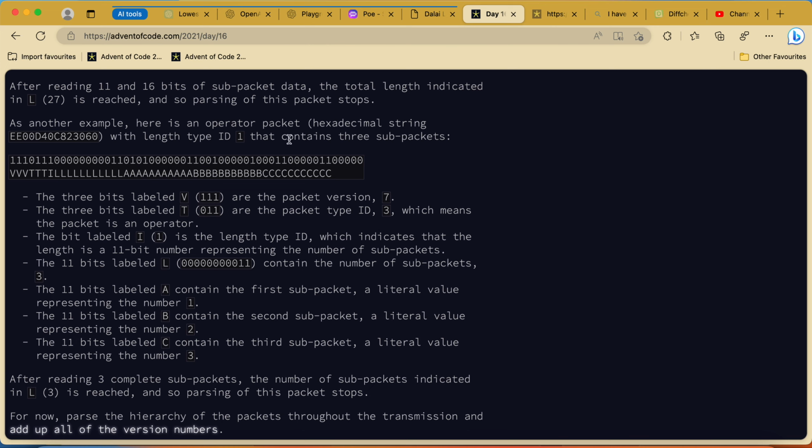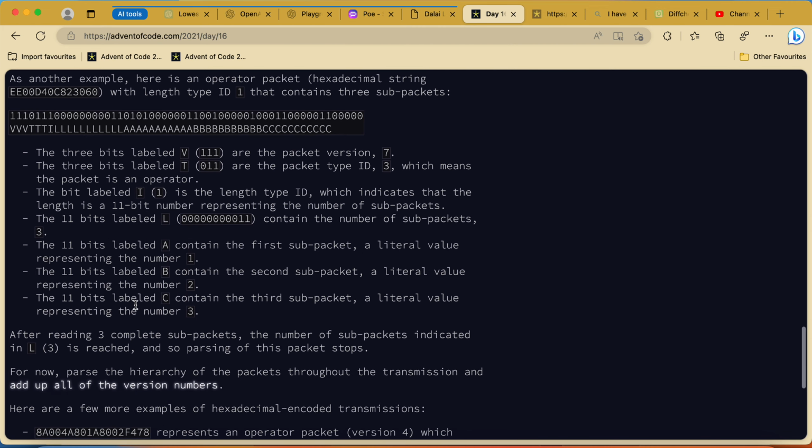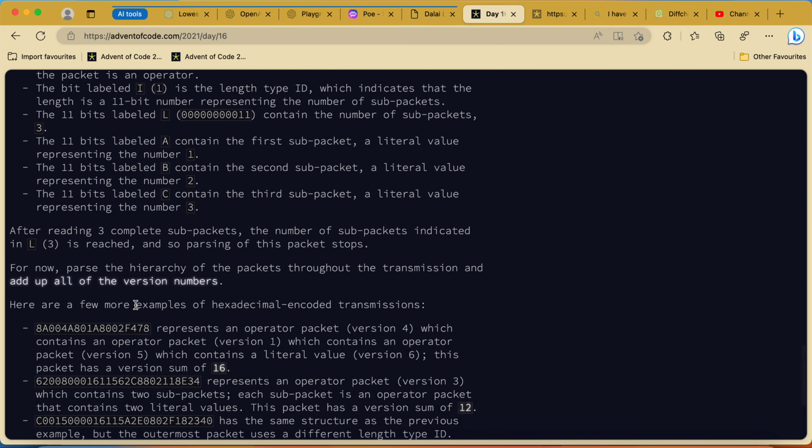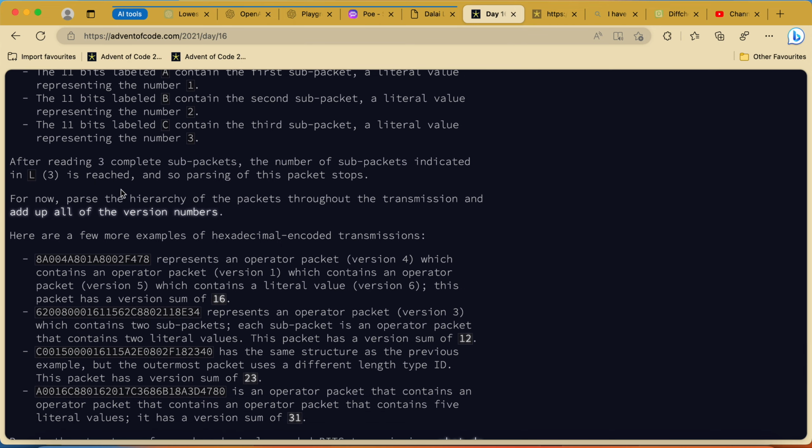Another example here is an operator packet with length type ID 1 that contains 3 sub-packets. Here it's 1, it's 11 bits and so on. We're reading them. What's our task? After reading 3 complete sub-packets, the number of sub-packets indicated is reached, and so parsing of this packet stops.